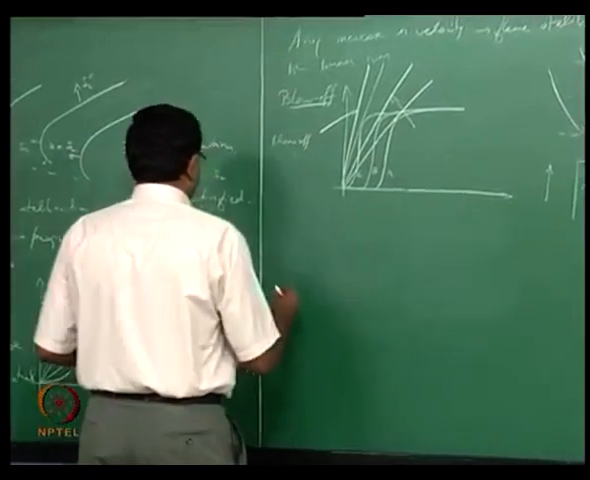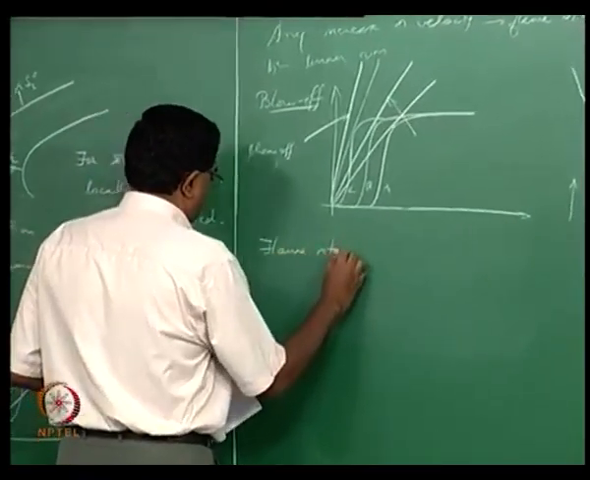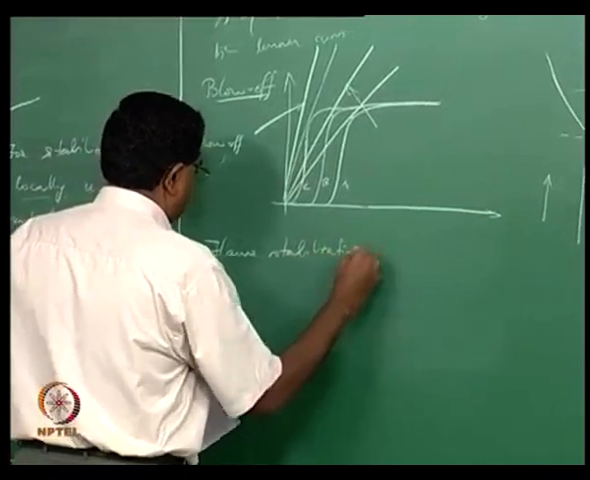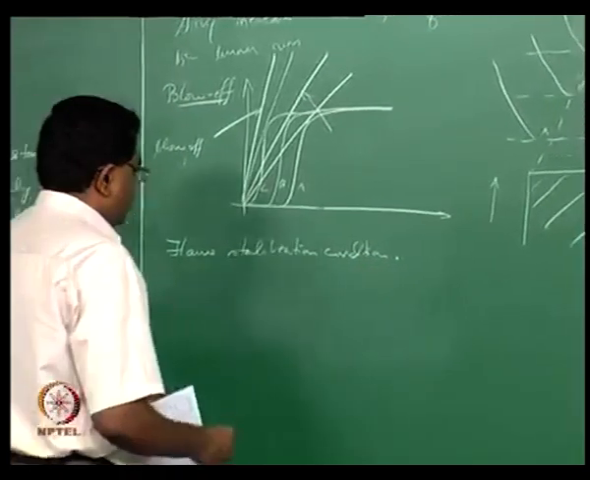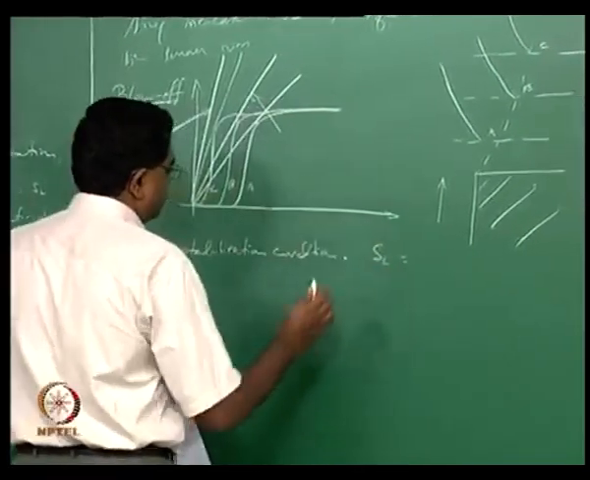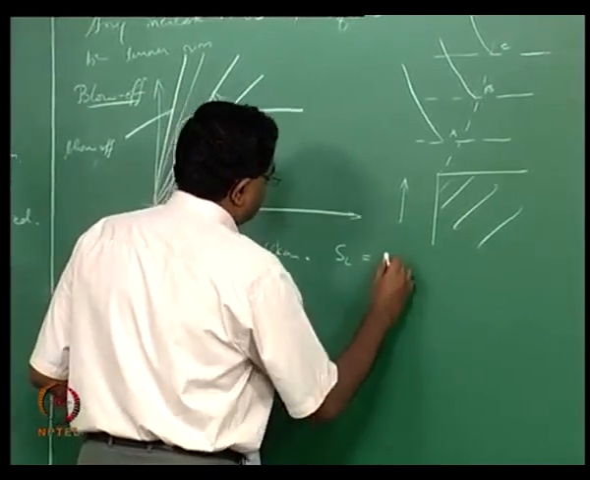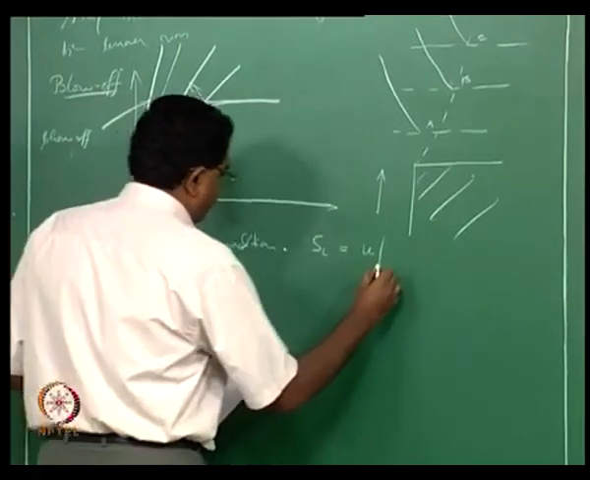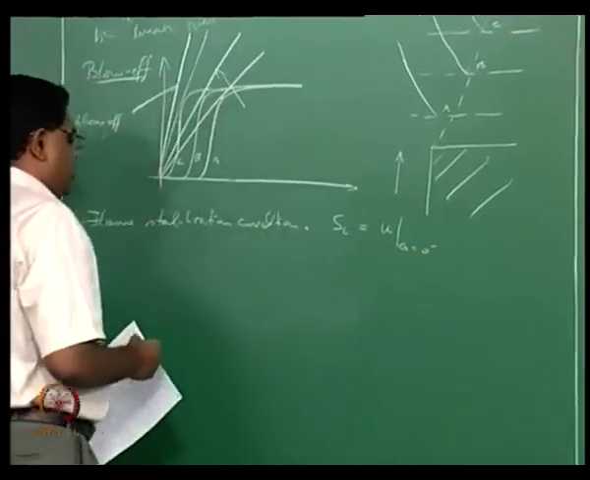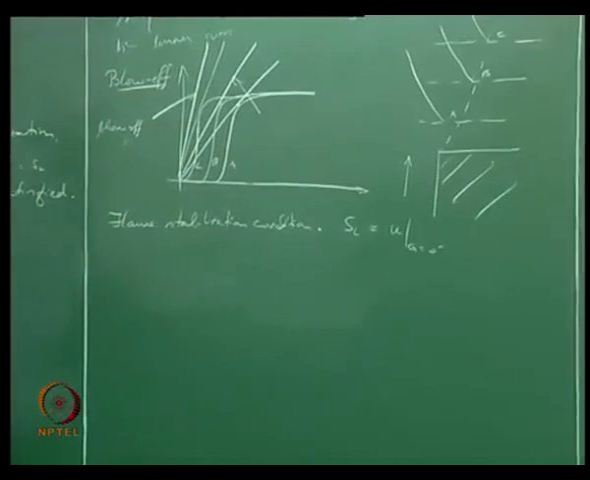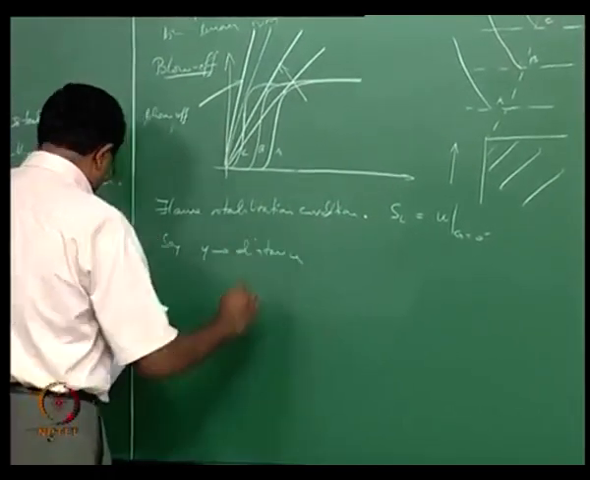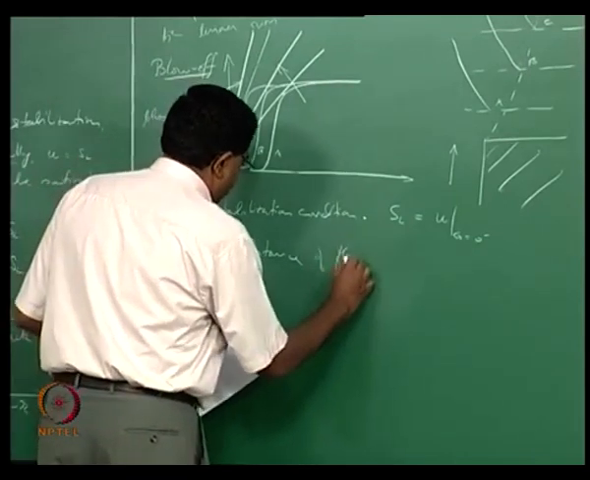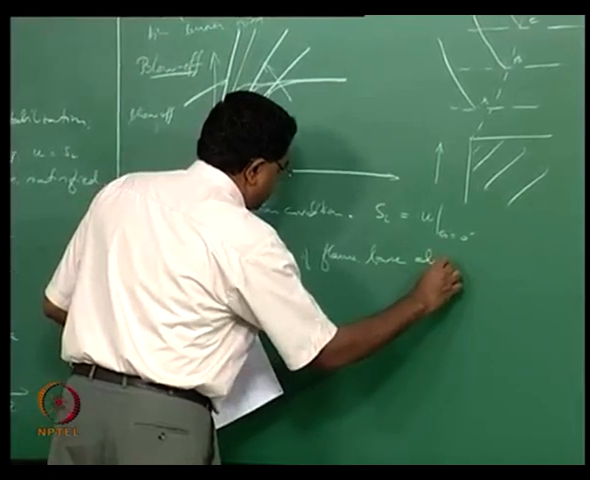So in effect, the flame stabilization condition is that you need to have SL equals U at G equals 0 minus, that is to say just upstream of the flame, the notation used previously. And now let's say Y is the distance of the flame base above the burner,